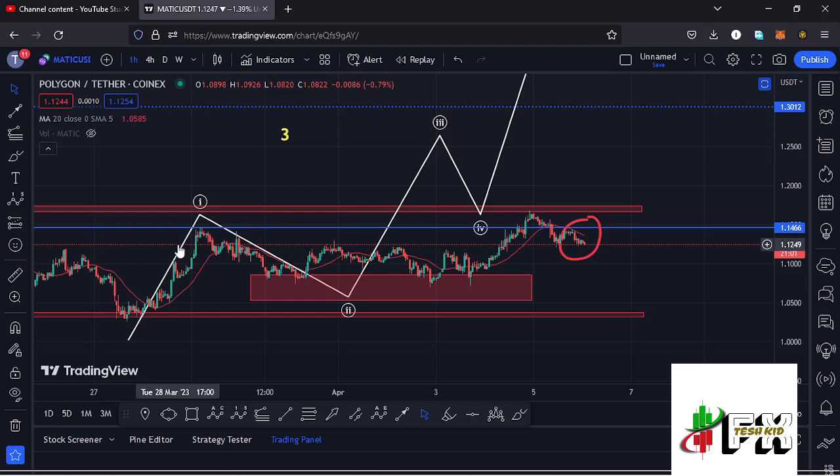in a move that gave us a high at around the $1.1466 mark. And yesterday you can see that we saw a bit of a run up to the upper side in a move that gave us a break above the wave 1 high at around the $1.14 mark. We also tried to break above our key area of resistance at around the $1.17 mark with no success, and